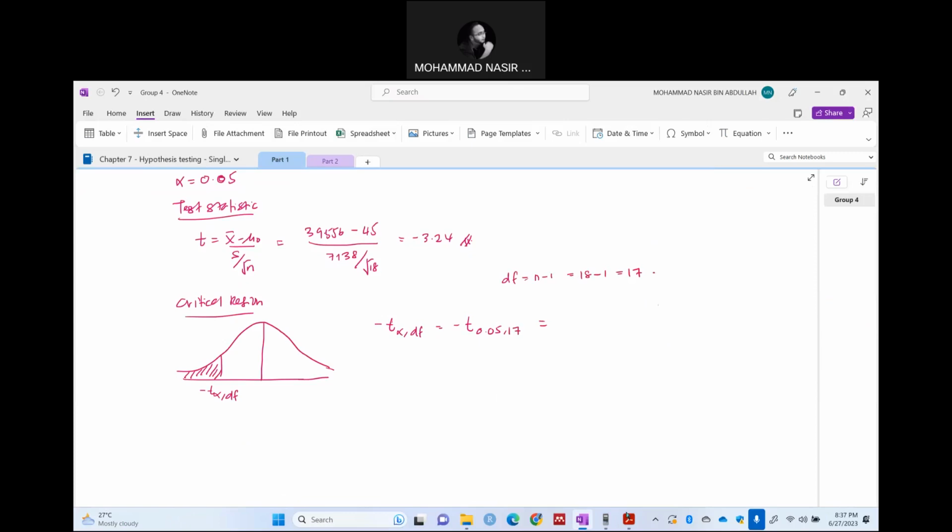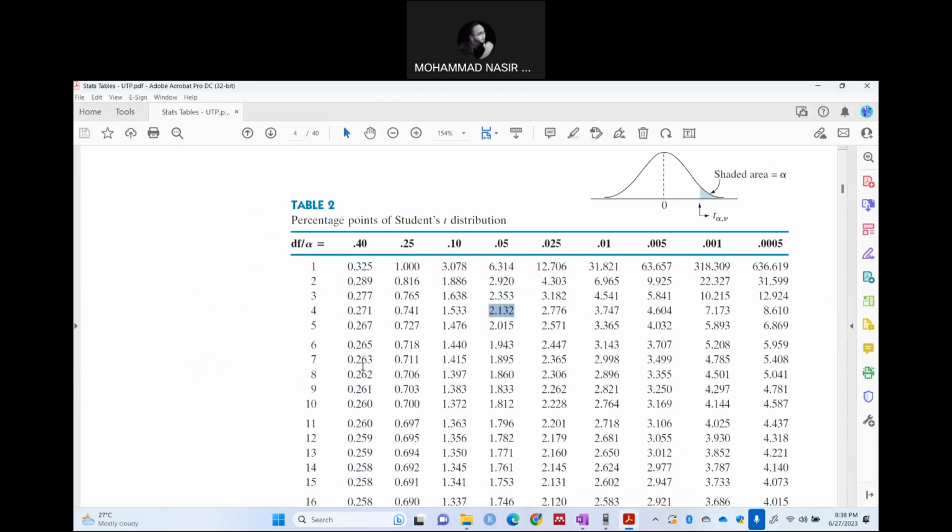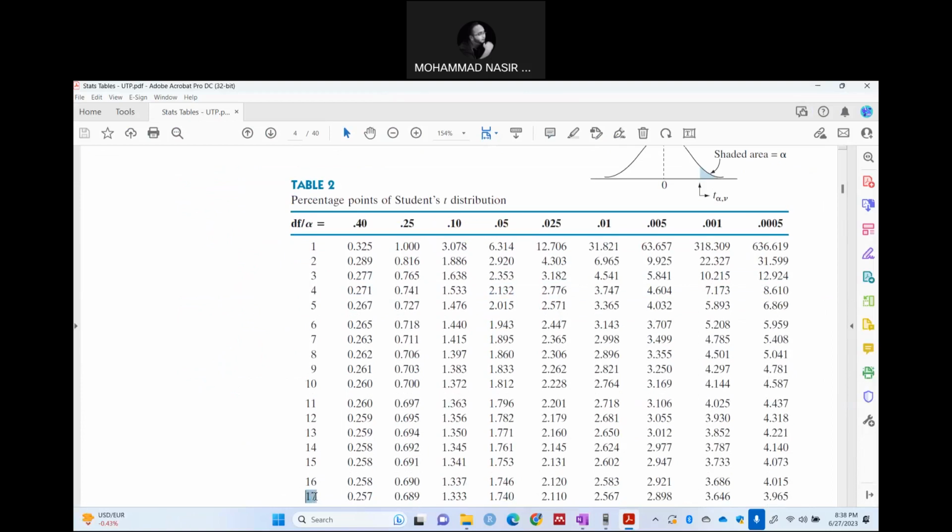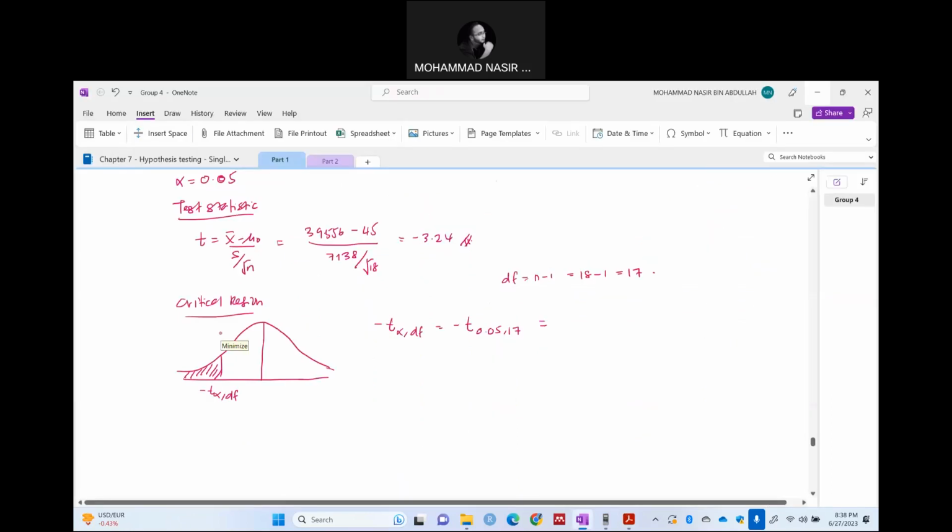By looking at a statistical table, the degrees of freedom equal to 17 and alpha 0.05, it should be 1.740. So this one, the value of negative, so negative 1.740. Okay? Right? So decision,